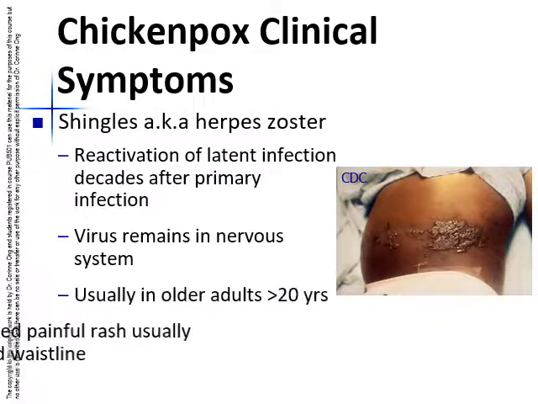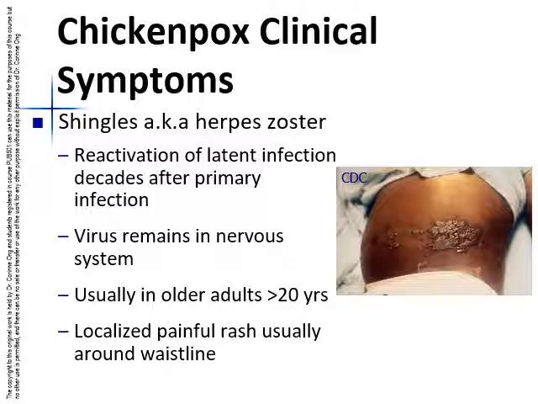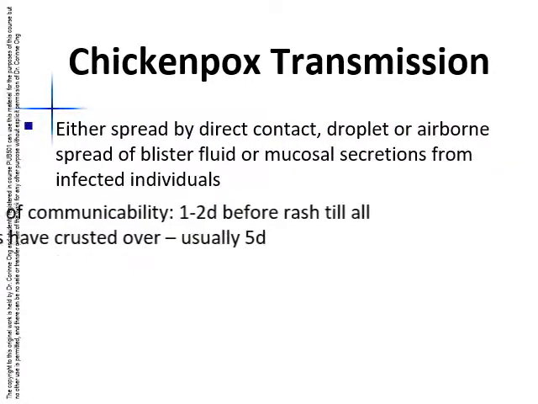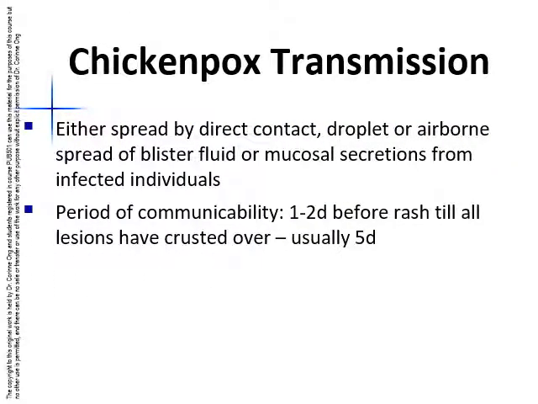Shingles, which is also known as herpes zoster, is a reactivation of latent infection with the chickenpox virus decades after primary infection. The virus remains in the nervous system. It usually occurs in older adults and presents as a localized painful rash, usually around the waistline. Chickenpox is transmitted either by direct contact, droplet or airborne spread of blister fluid or mucosal secretions from infected individuals. The period of communicability is 1 to 2 days before the rash till all lesions have crusted over,